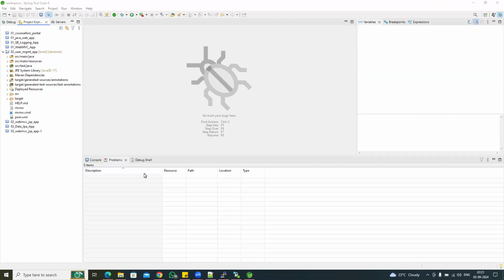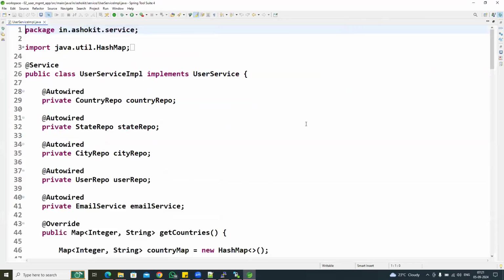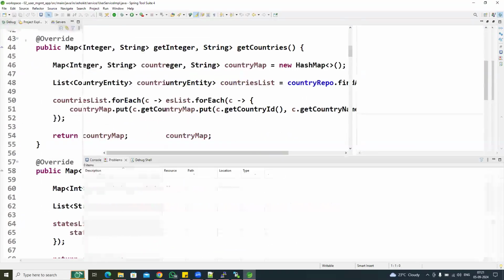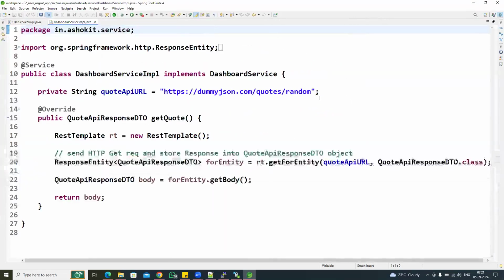Good morning, guys. In the last session, we completed our implementation related to the service layer. We created the user service and implemented all the methods related to it. Next, we created the dashboard service and implemented that method. In the dashboard service method, we write the logic to get the quotation from the third